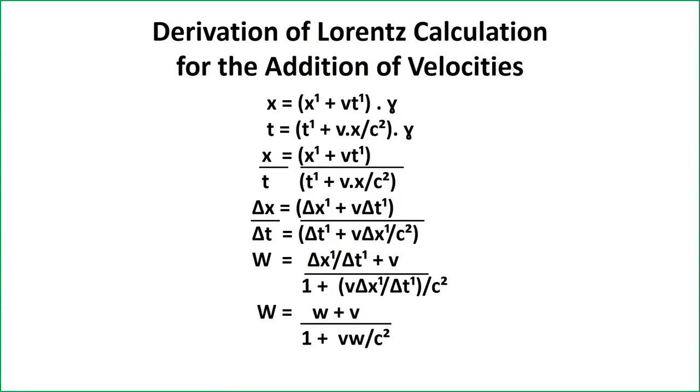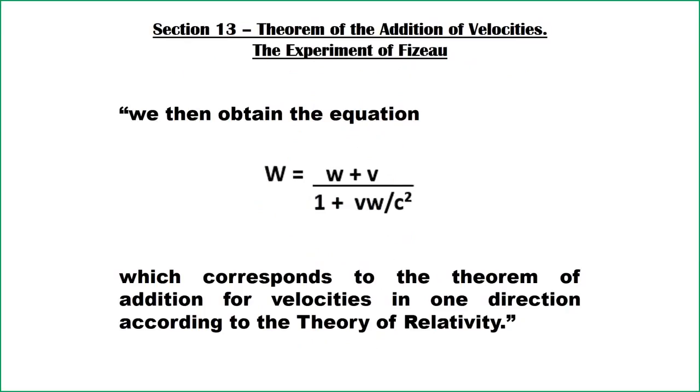Performing the substitution, we arrive at this final equation, which is identical to that obtained by Einstein. He states that this equation corresponds to the theorem of addition for velocities in one direction according to the theory of relativity,